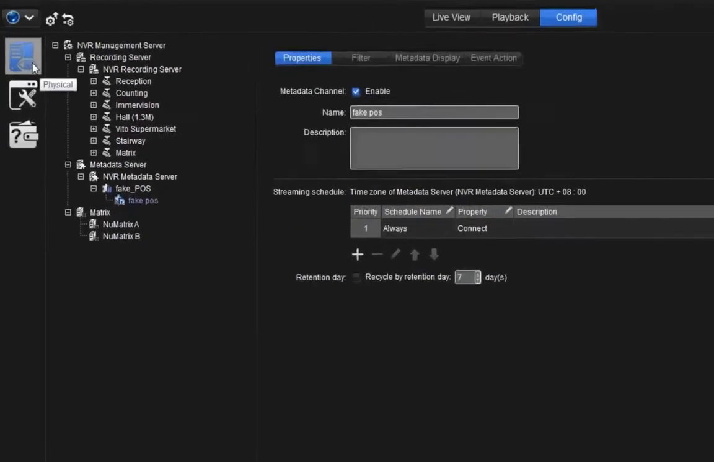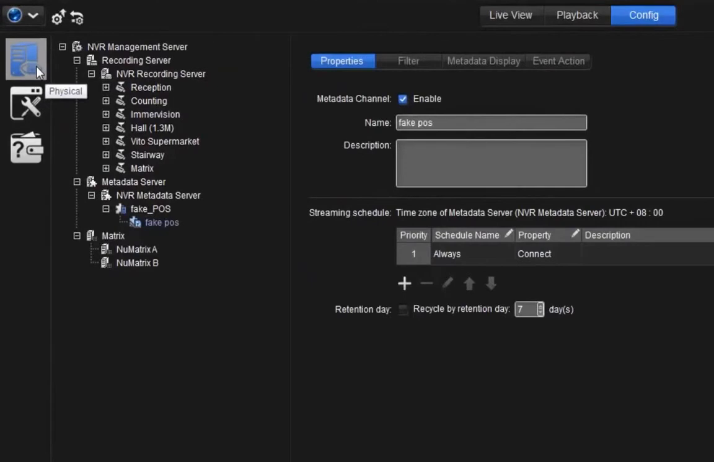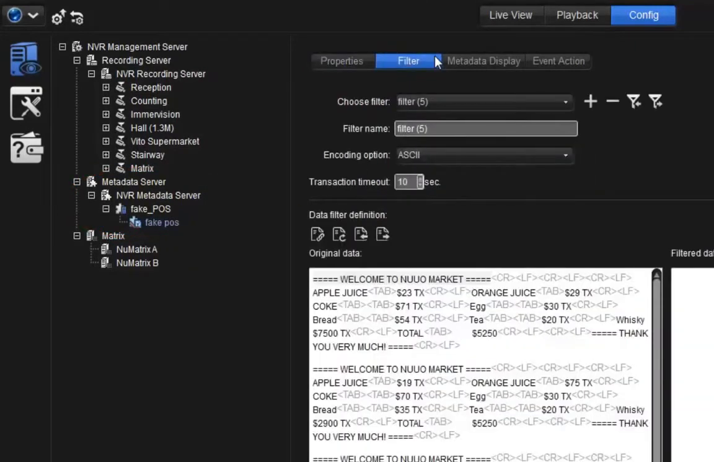Click on Physical, Metadata Server, POS Device, POS Channel, Filter, for example. You can click on Filter to add a new filter, remove a filter, import a filter, or export a filter,